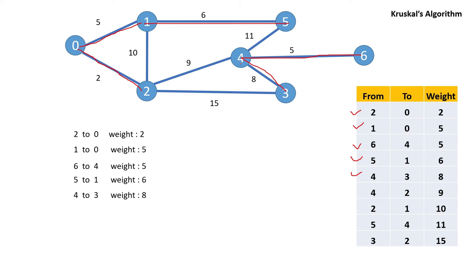So this edge, whether I can take it or not, I will check first. If I take from 4 to 2, if you see here, it is actually not forming any loop, because this is also free and this is also free. It is not forming any loop, so I can take it and print it. Now if you check, each and every node or vertex is connected. So 0 1 2 4 5 3 6, everything is connected.